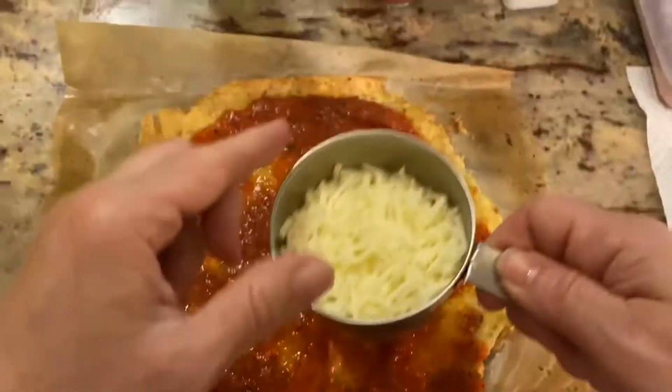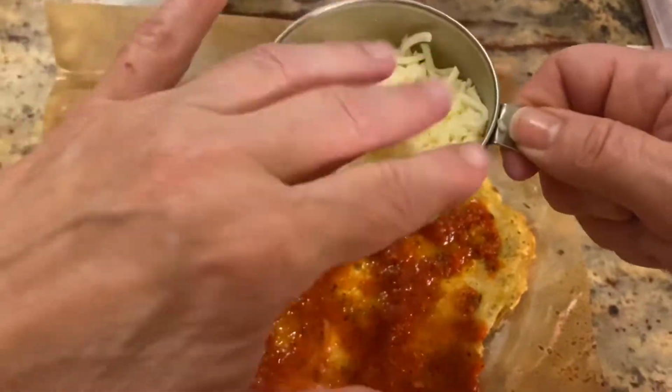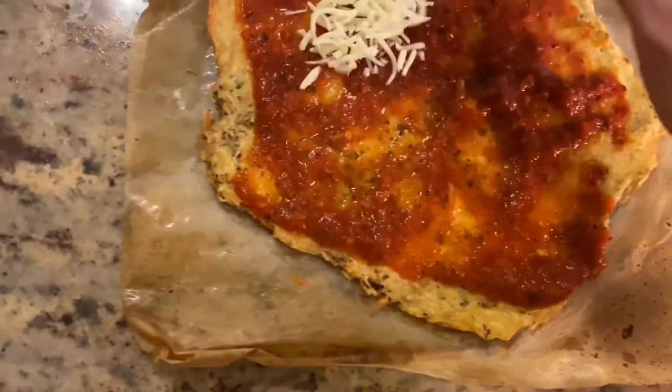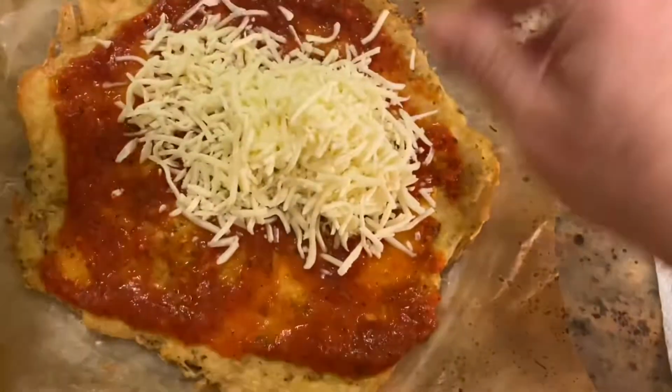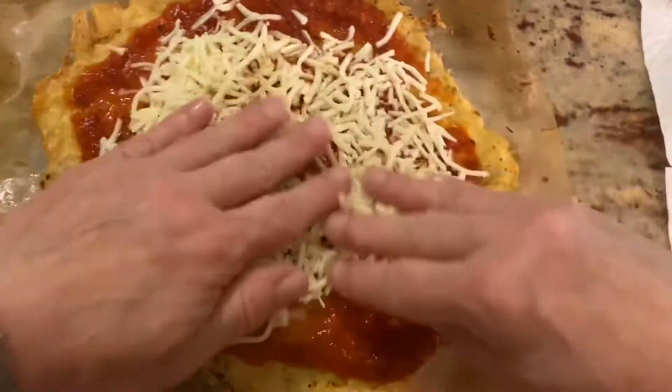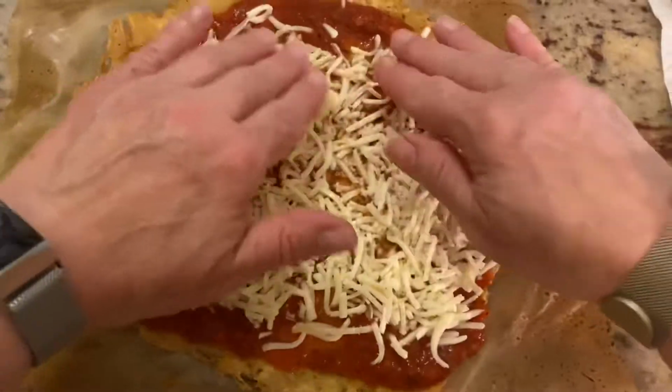Let's dump this. Okay, this is a 1 cup measure, but you can see it's under. So it's about 3/4 of a cup of shredded mozzarella. I'm going to drop that on. And last time I made it, I just made it plain,